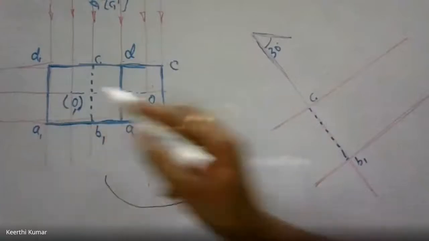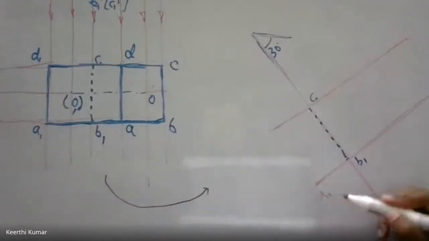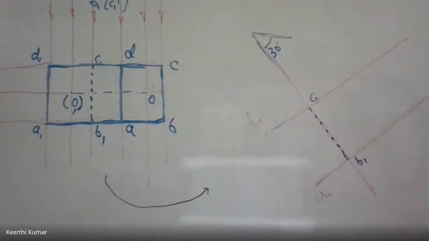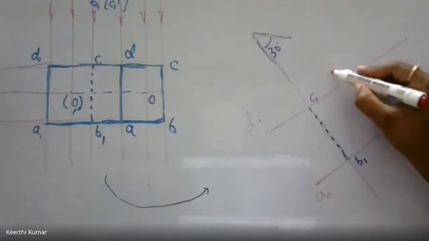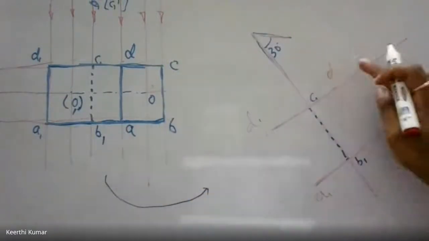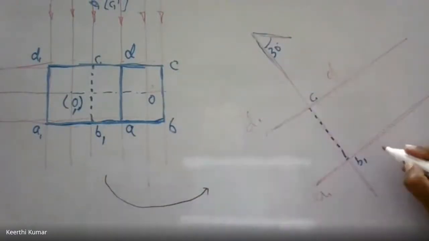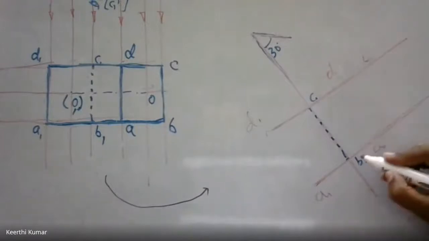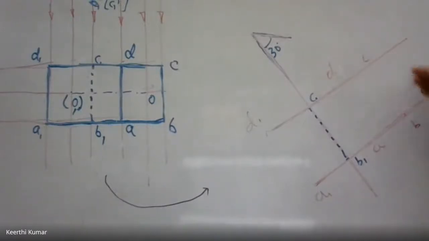Measure B to A. That is A1. Measure C1 to D1. So this is D1. So this side is completed. Then you go for the other side. Sorry, C1 to D. This is B1 to A. This is A. Then C1 to C, C1 to B. Make sure no point crosses the XY line or touches the XY line. It should be well below. So complete this.